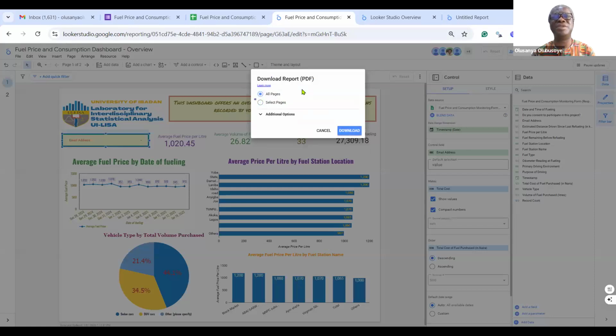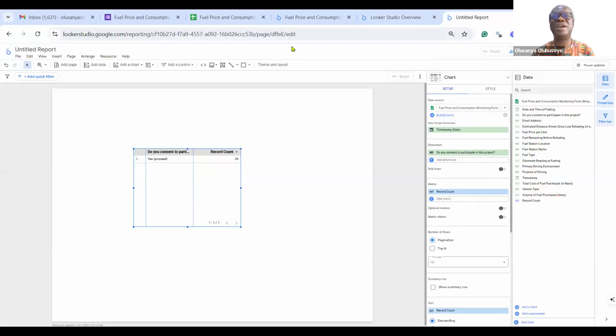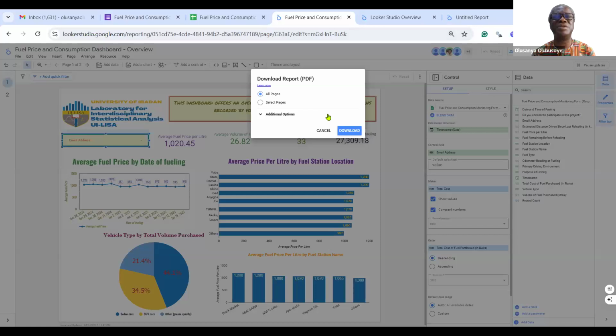You can download as a PDF, and then you can share.